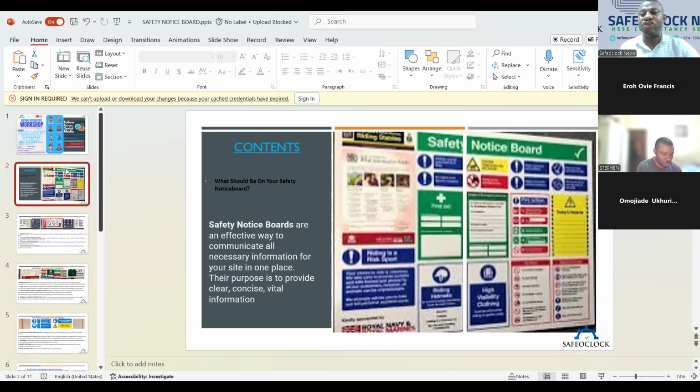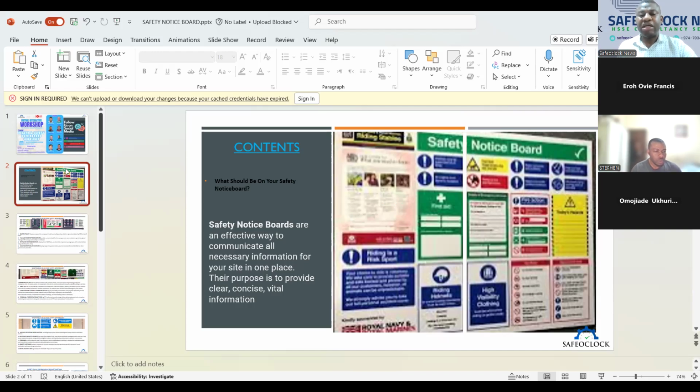It becomes an issue that can mislead people. In the event of an emergency, instead of calling the right person, the person picks up the phone and calls the wrong person, someone who is in another workplace. So that is why the information on the safety notice board must be adequately updated and properly checked